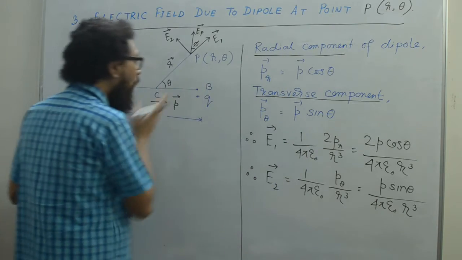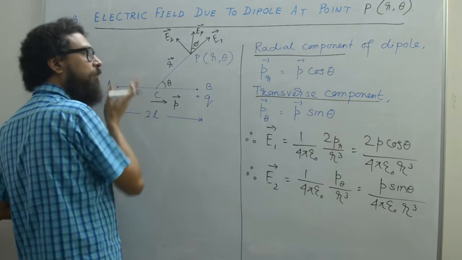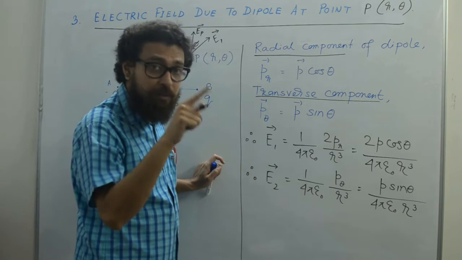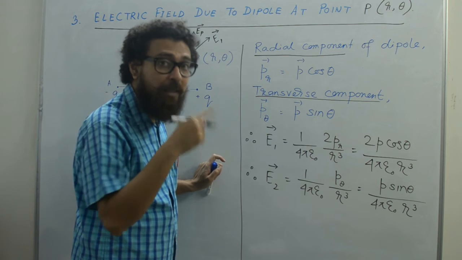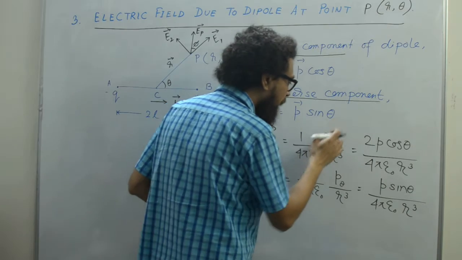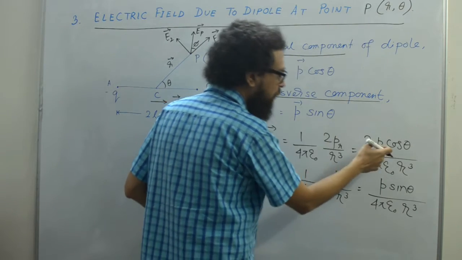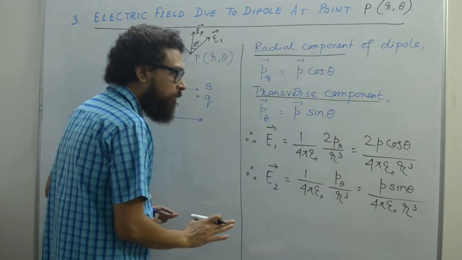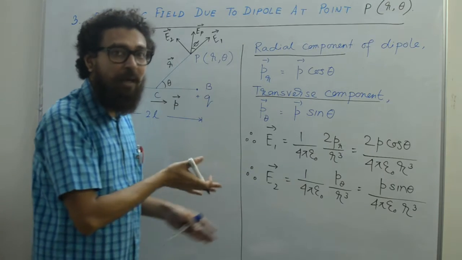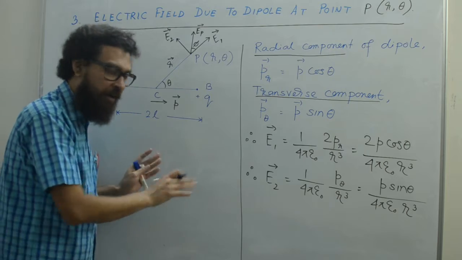So on the axis of the dipole, along the direction of the dipole, for a small dipole, the electric field is 2p by r cube, remember? And for the equatorial point, it was p by r cube. Fine. So E1 is 1 by 4 pi epsilon naught 2PR, that means the radial component, by r cube. Now this PR is P cos theta. I am writing it like this. We are just mentioning the direction like r cap, theta cap, because this is not lying on the Cartesian system of i cap, j cap. This is already a polar component, so we are writing in that fashion. Fine.